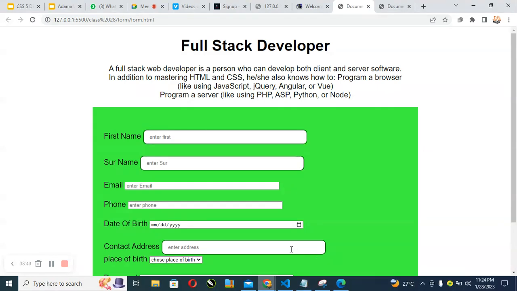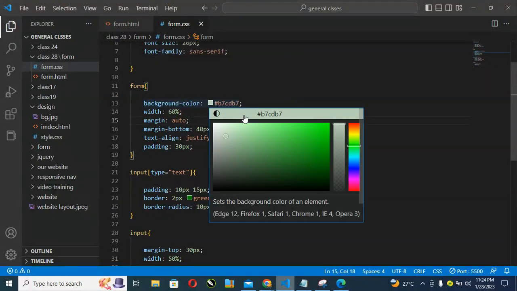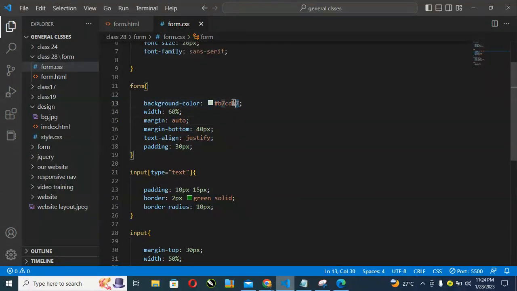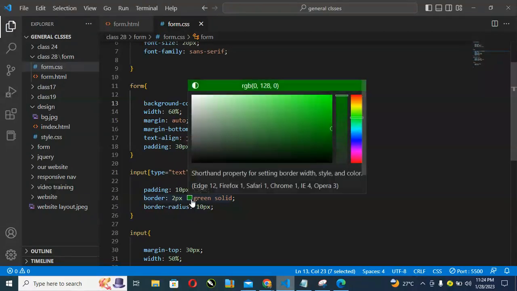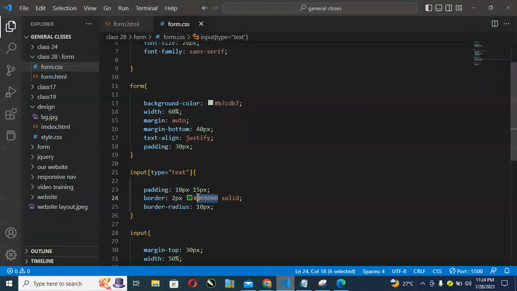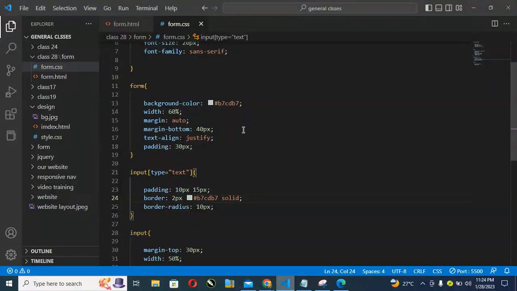Then I want the font color and this border color to be the same. So just needed to, what did I do? I went and